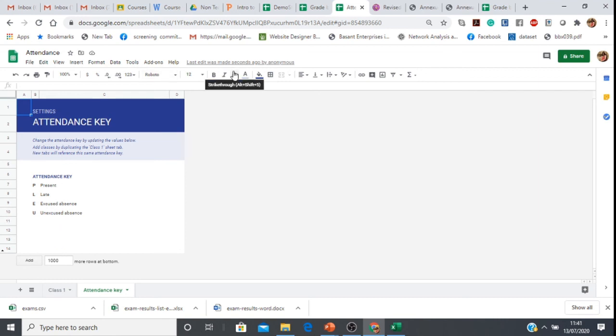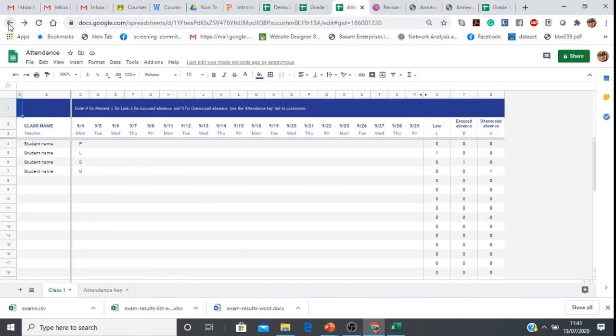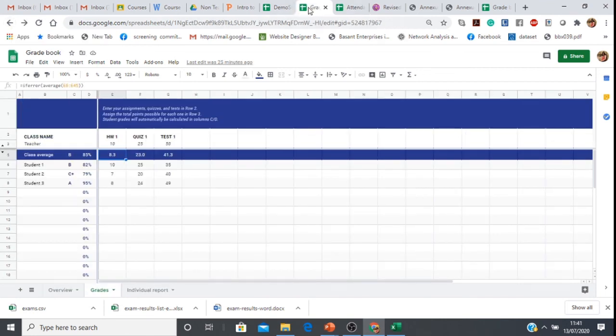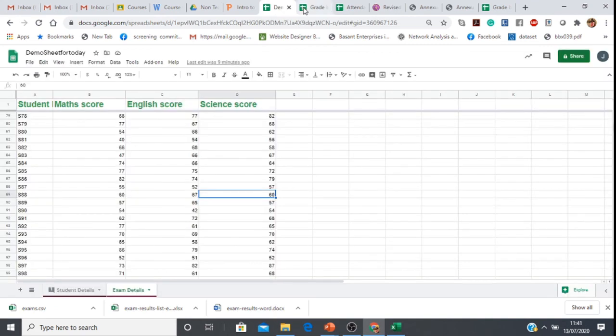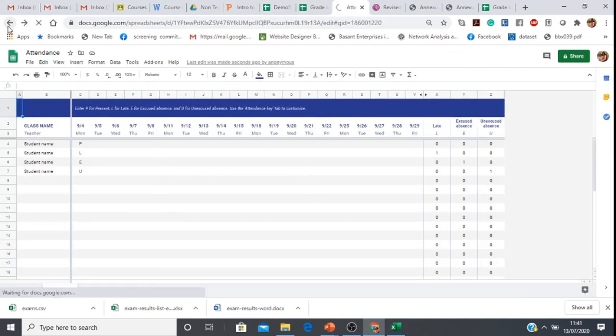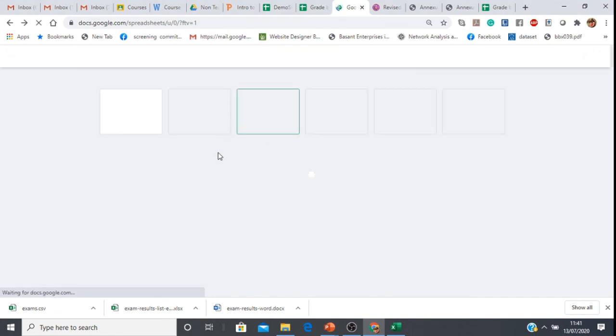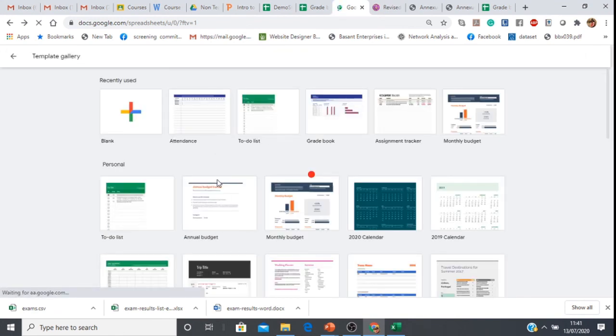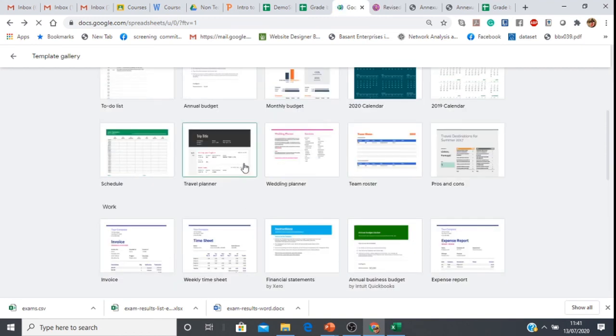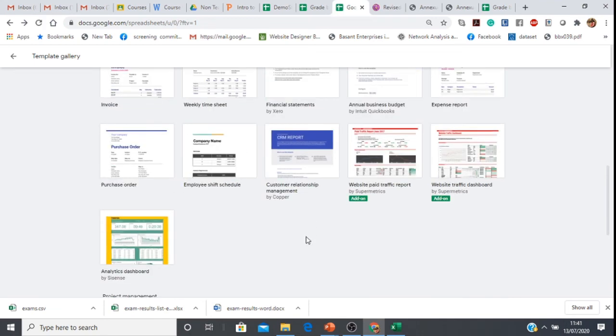So these are quite friendly and useful templates that we can use in our academics as well as in our personal lives for other reasons. Like we have the project timeline template. If we are doing some project, we can use the project timeline template here. So these are quite useful. We can maintain our annual budget as well as monthly budget. Then we can have a travel planner, financial statements, so many templates. So it's very interesting to experiment with.